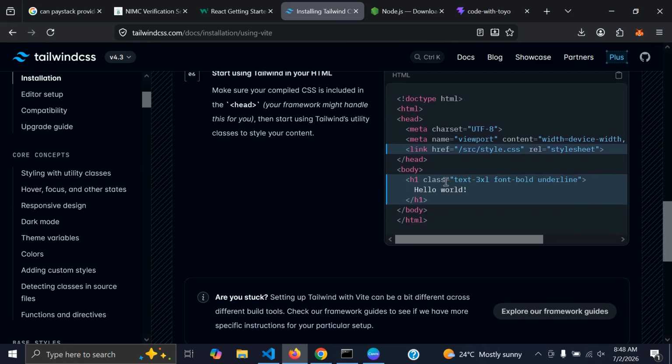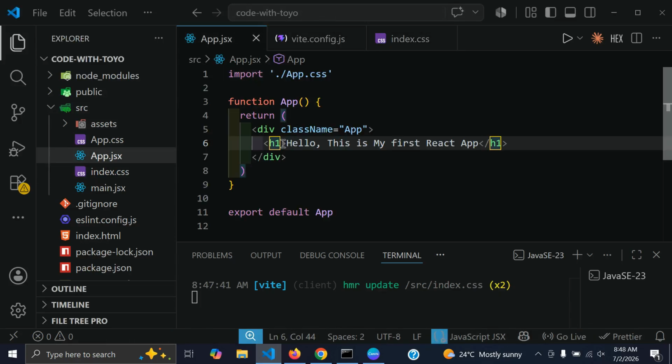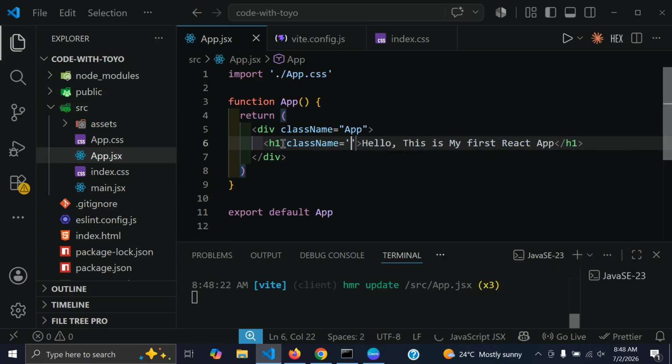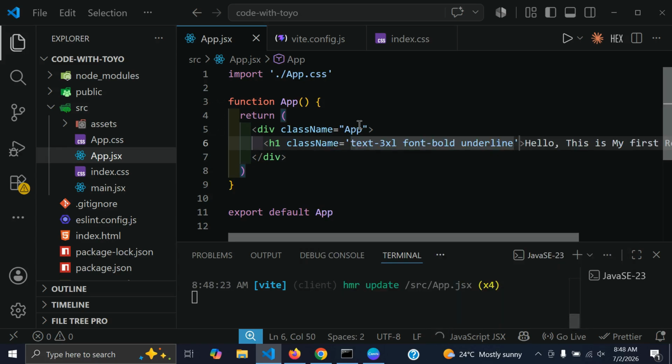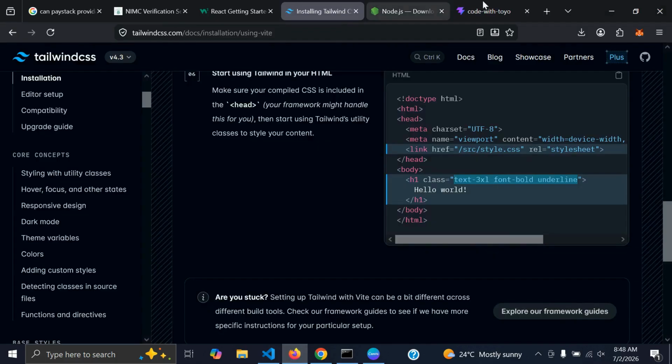Our H1 text should take, this is just a basic Tailwind setup, text-3xl, and I'll just have it here, H1, and I have the class name to be this. I don't want my div to have any class name for now, since I'm done with the App CSS and we are using Tailwind now. So if I refresh this,